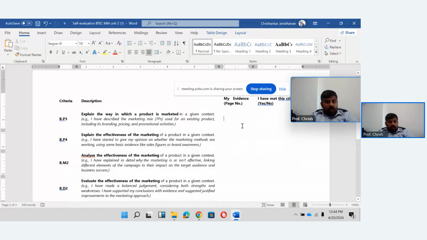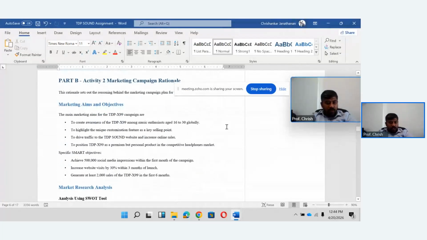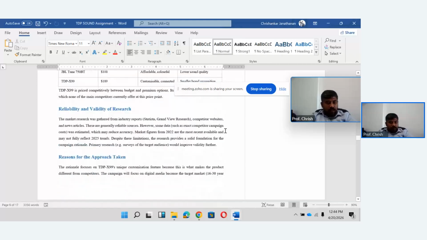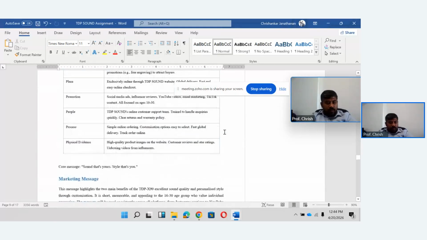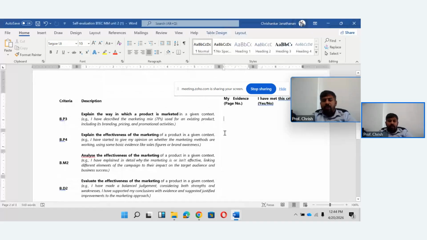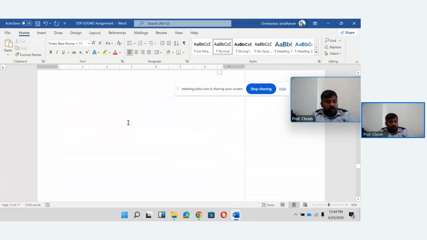Explain the way in which the product is marketed. Yeah, you have given a 7P analysis on page number 12. Effectiveness of the marketing, he has gone around and spoken about it.